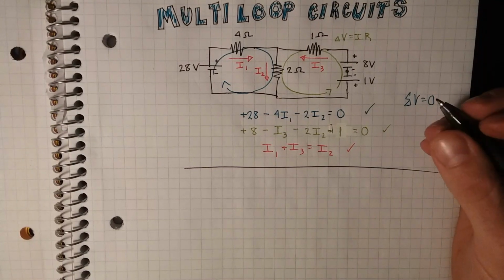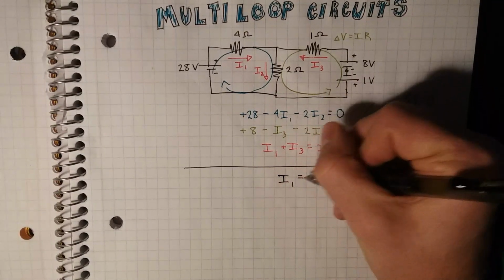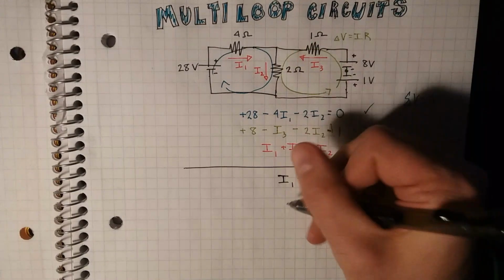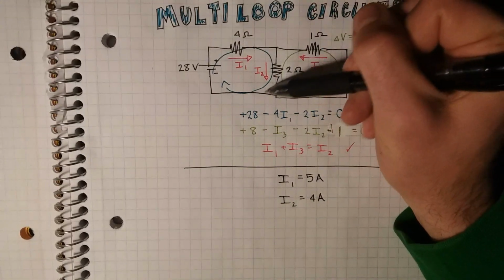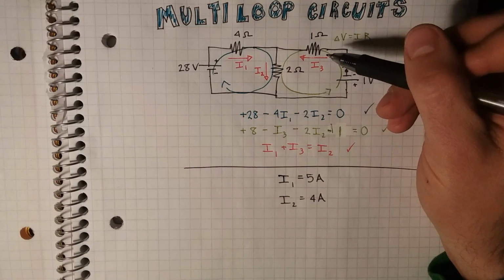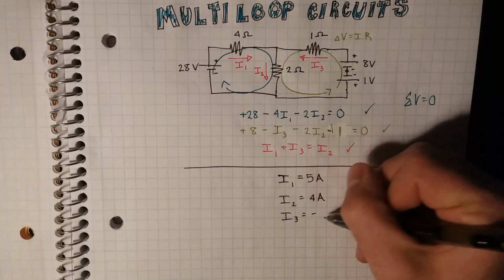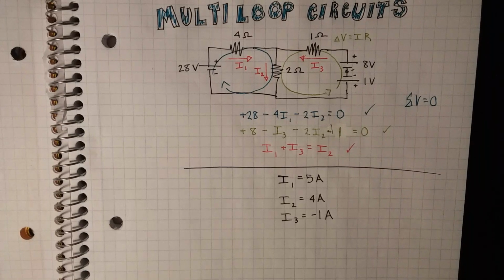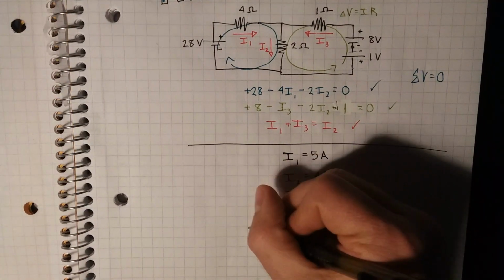And what you're going to find out is that I1 is equal to 5 amps. I2 is equal to 4 amps. It turns out the current is flowing right through here this way. And then I3, you solved in that system of equations, you saw that it was equal to -1 amps. And that means something: our current is actually going the other way. If I redraw this,